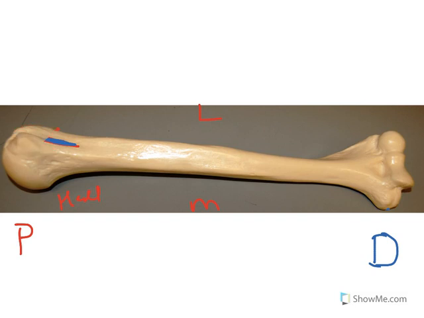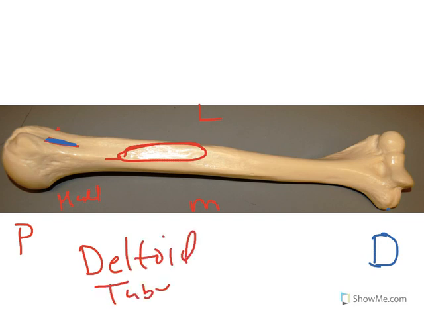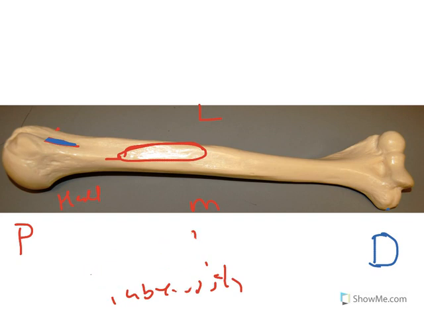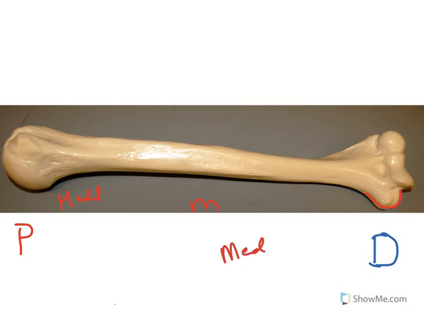And if you follow the intertubercular groove downwards, you're going to find a bump that takes on a rough texture called the deltoid tuberosity. Deltoid tuberosity is found there coming off of this guy. Now, there's a few things that we can see very well when we go to the distal end. And one of those that shows up very well is the medial